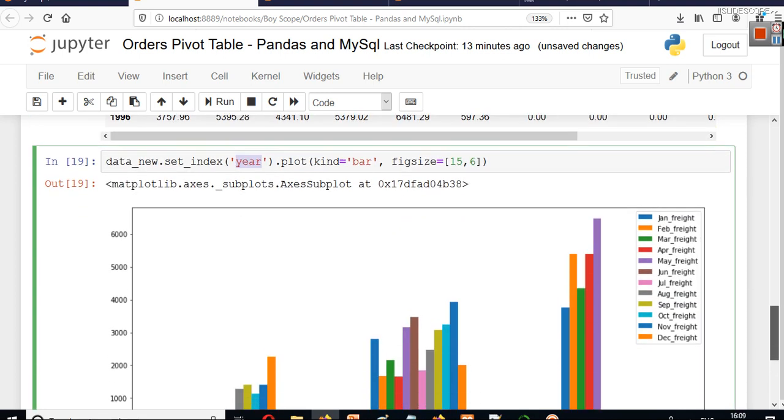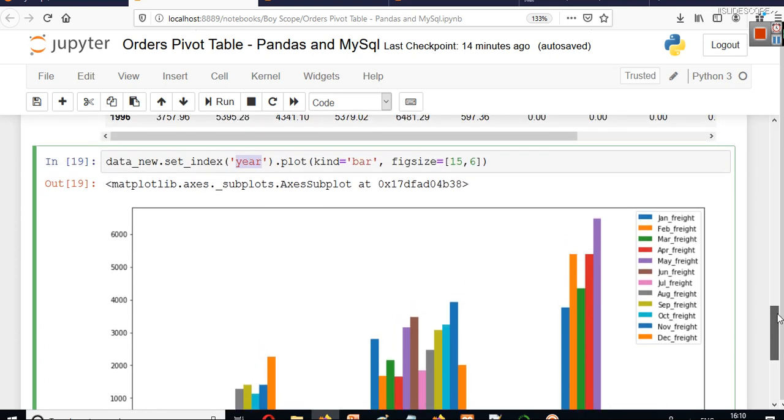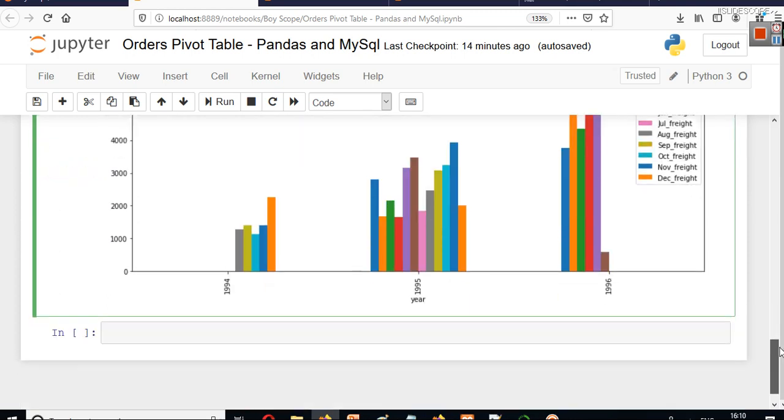So what we can visualize from this is that freight charges are increasing per year, that is one thing. And the other thing is that we have lower freight charges for this particular year, and we have more freight charges for this year. So there are multiple things that can be concluded from this data. That also depends upon your domain knowledge about the subject.